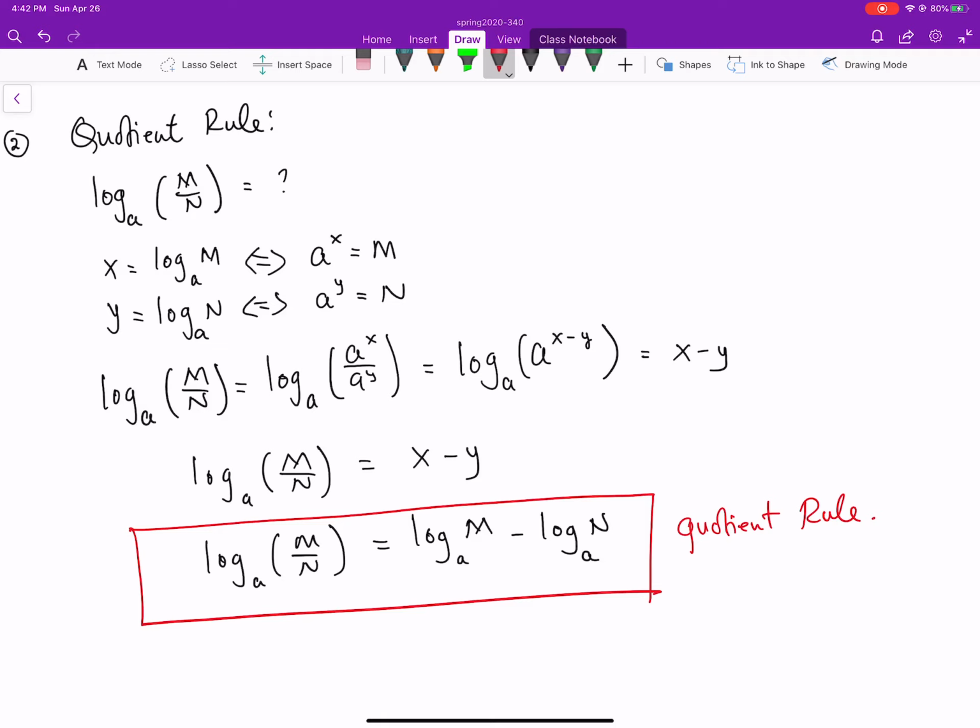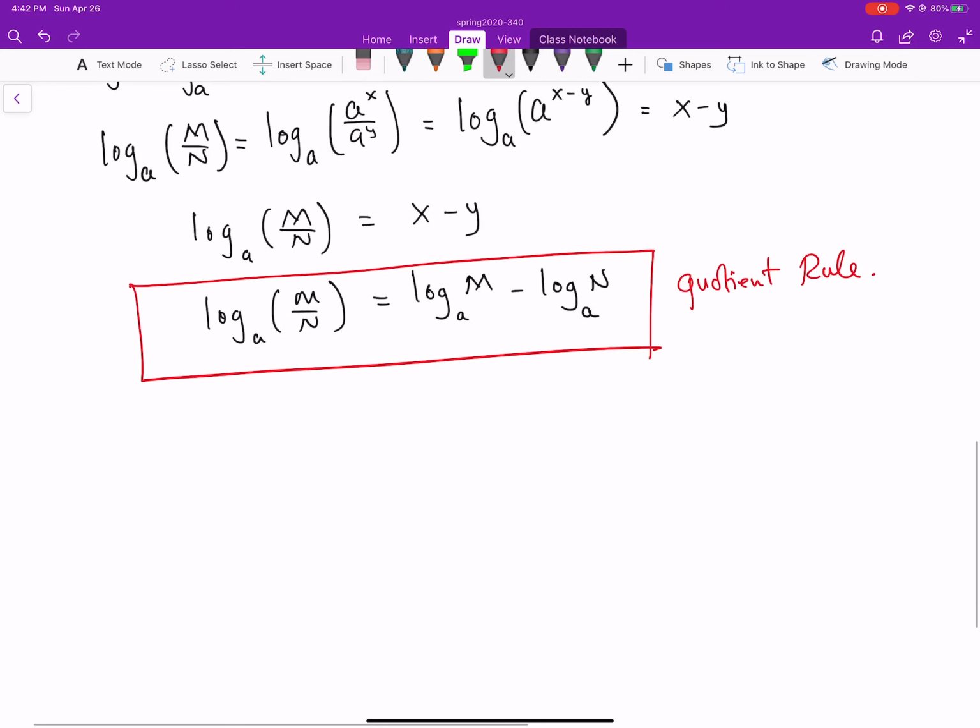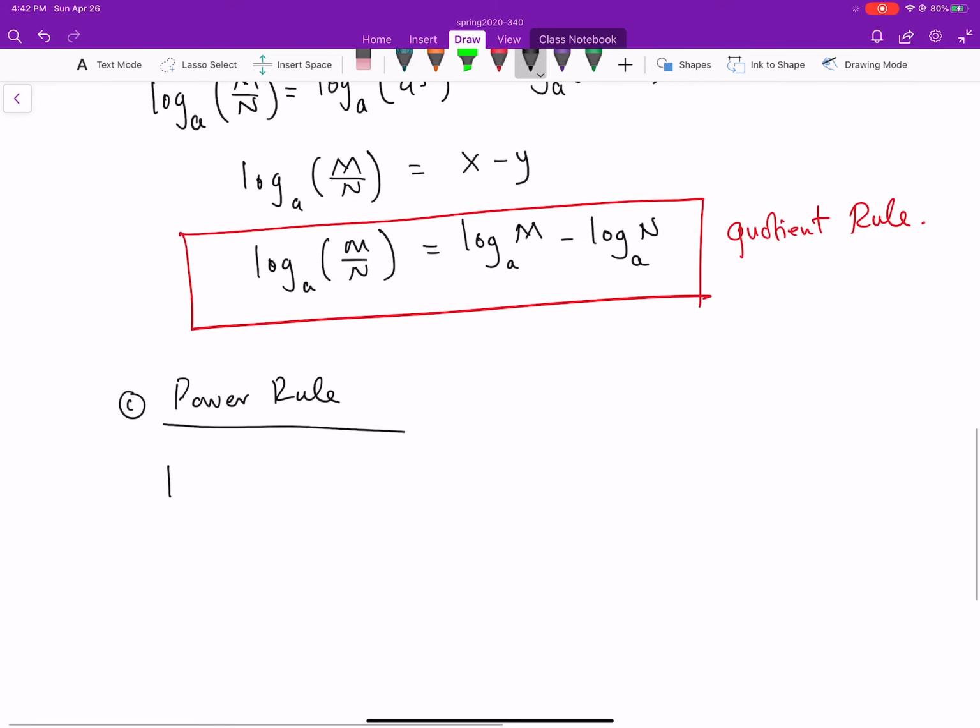All right, let me take it again. If you have log a of m over n, then you are taking just the difference of the log in the numerator and the log in the denominator. Okay, let's look at the third one. The third one, I'm going to call the power rule. Okay, so it says log a of m